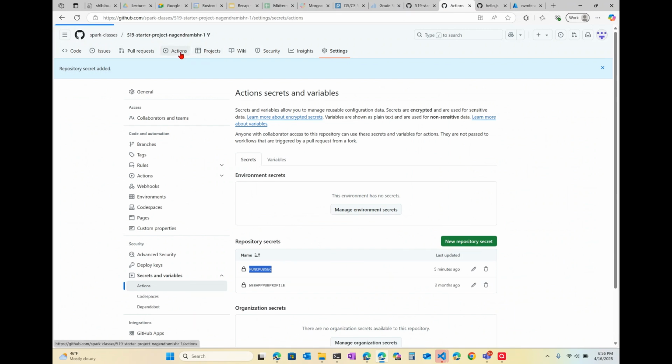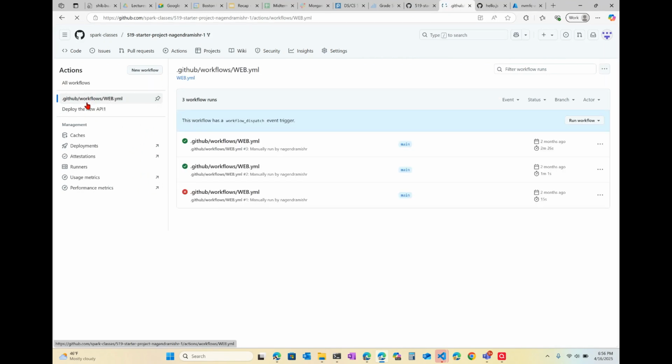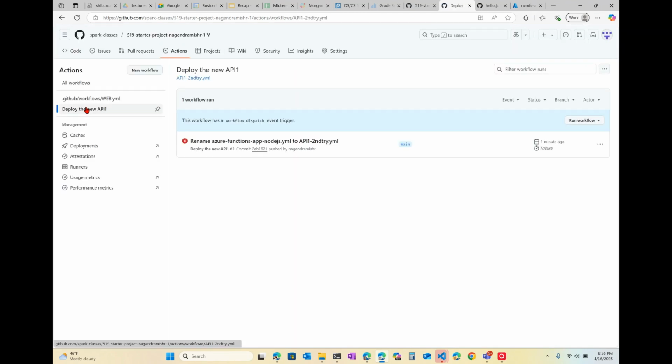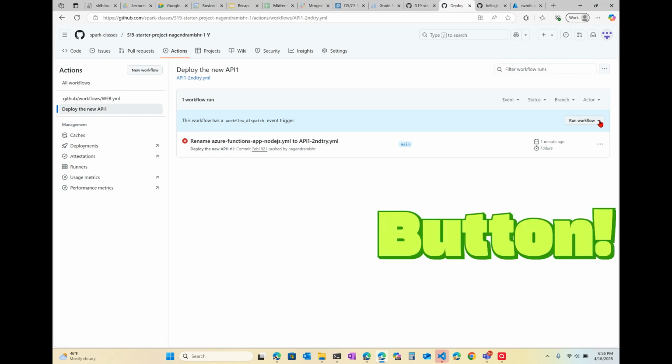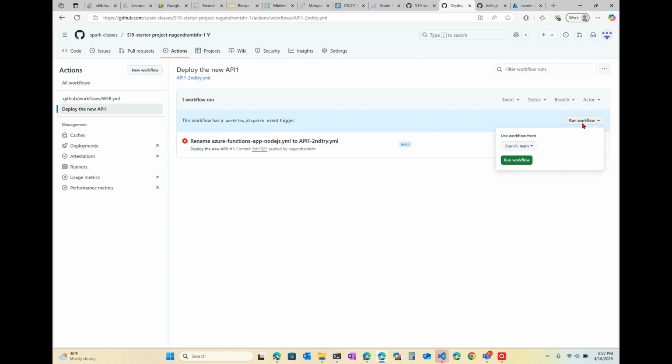Okay, so now we go and trigger it. Lots of failed runs have happened since the time that I started doing this. Magically, some of those have disappeared now. Now we can see that the dispatch button is there. This error was the very first run when the YAML file was created, and we can definitely ignore that. So we trigger a run,